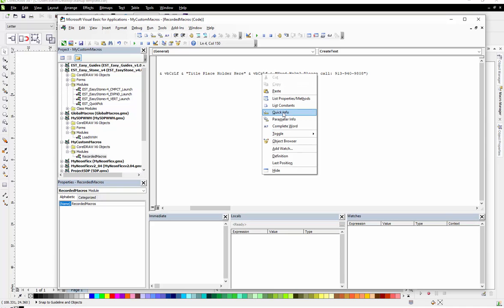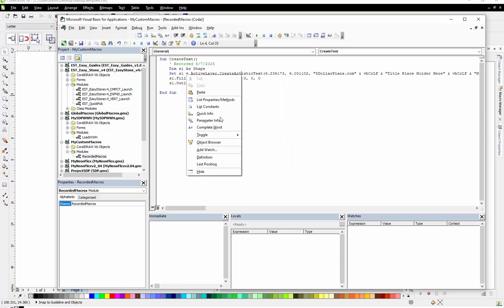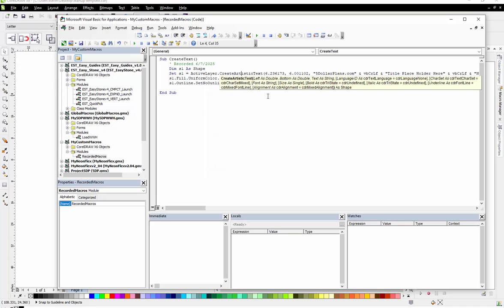And we choose Quick Info. Let's click on that. So we're in this line of code here, and we say Quick Info. Give me some quick info. Whoa, look at that. So it's saying CreateArtisticText: Left is double, Bottom is double, Text is string, CDR language, character set,